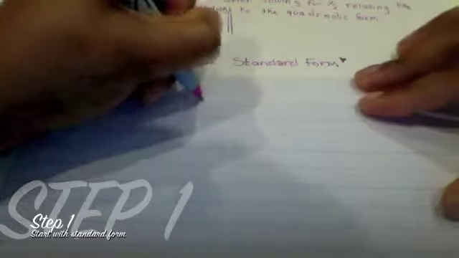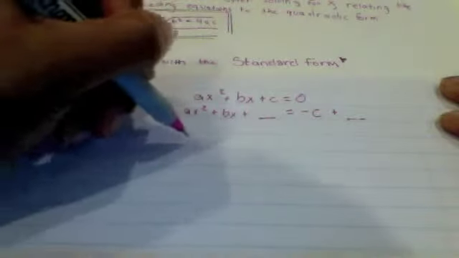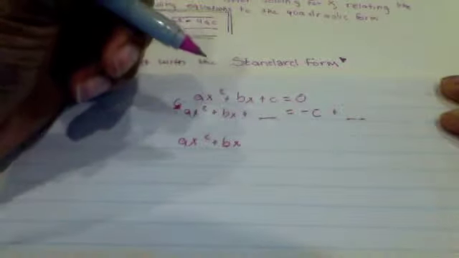So the first step to all of this is starting with the standard form and completing the square. So we're going to write out ax squared plus bx plus some quantity equals negative c. I just subtracted c from both sides so that I could get a nice way of completing the square. And remember that whatever we do to one side, we have to do to the other. So we're going to do negative c plus that same sum number that's on the left side of the equal